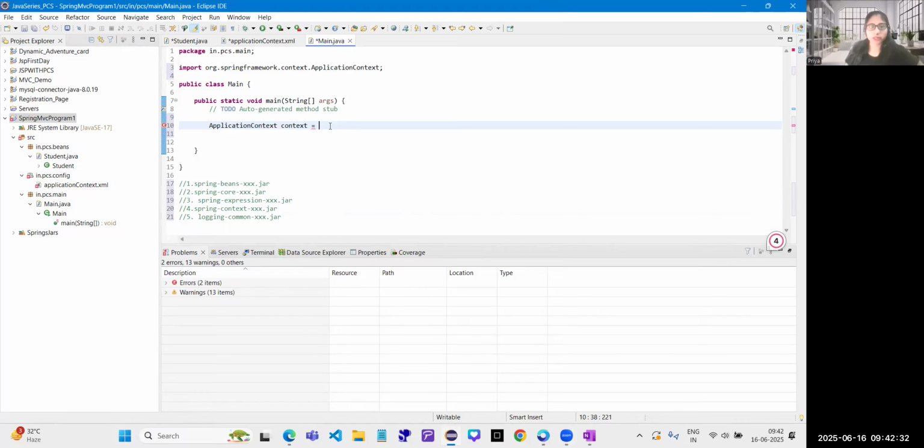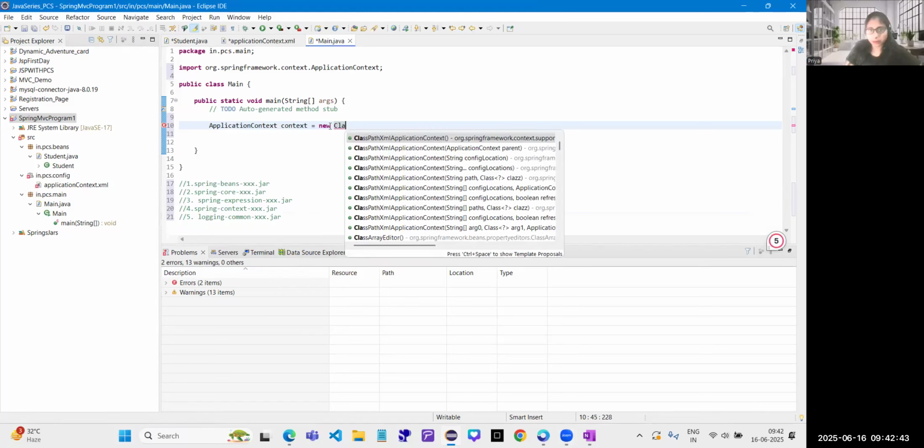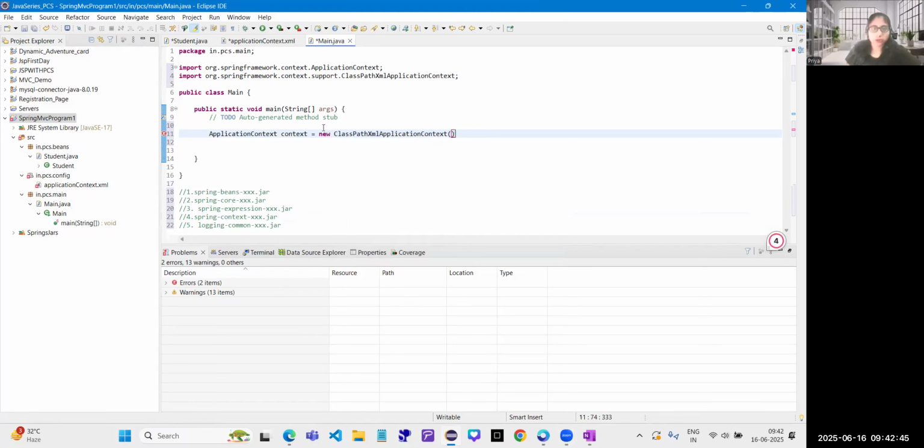So how to implement that? I call the class XML application context. So I just create a new class XML application context. So inside this,